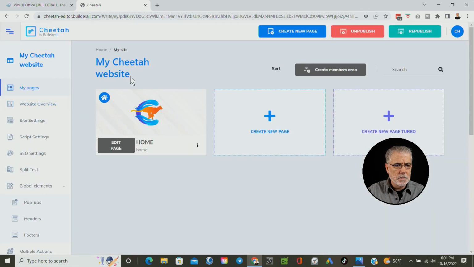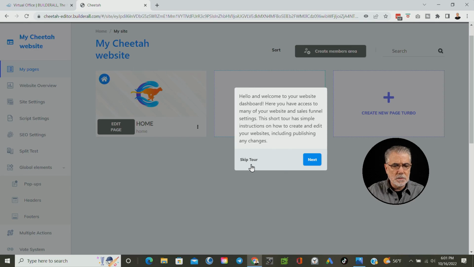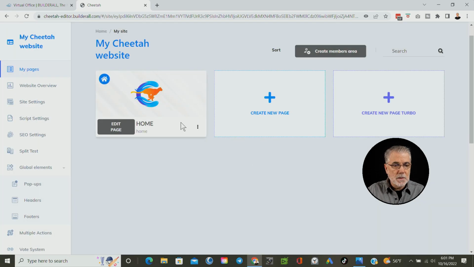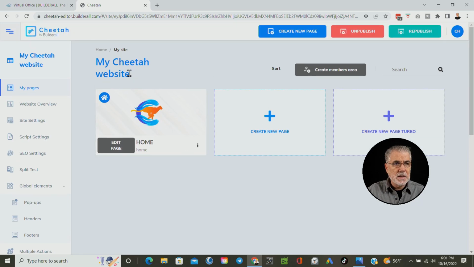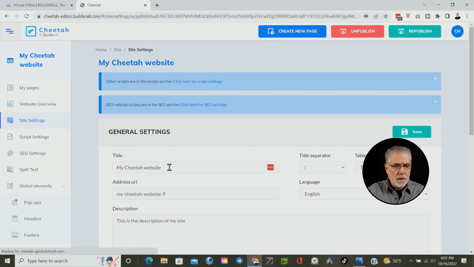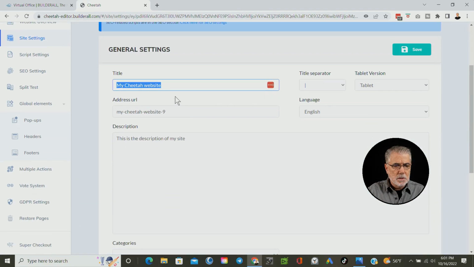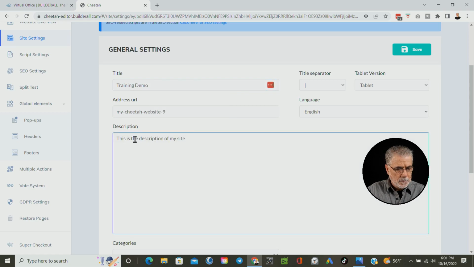So we're just going to name this. I'm going to skip it. You could take the tour, which I highly recommend. We'll skip the tour for now. I'll just name this something a little bit different. So I'll come over to my settings, and I'm just going to call this training demo. And then you do have to put that stuff in here, and we should be good. I'll hit save,